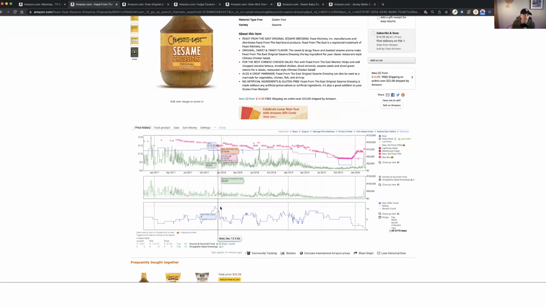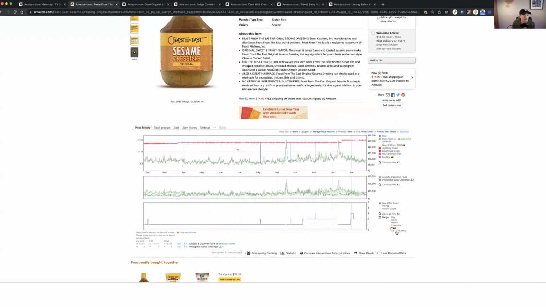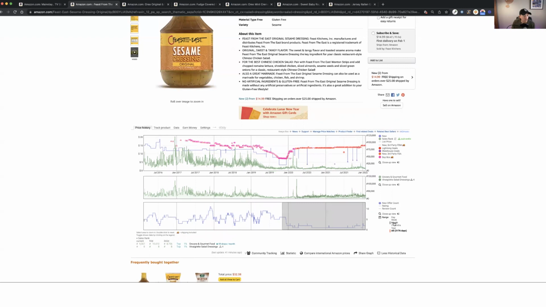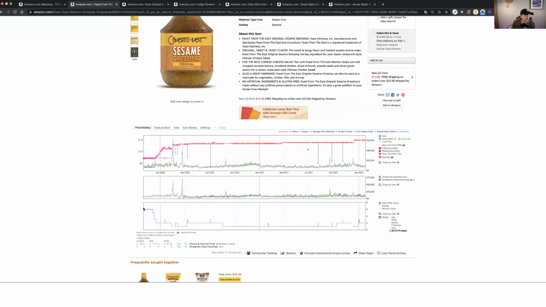So you can see back here, at the very beginning or the earlier stages of this product's life cycle, there were a bunch of different sellers and there were a bunch of different prices, and it would fluctuate pretty heavily because there were a lot of different sellers that were able to sell it. Well, over the last year or so, about a year and a half, you can see a bunch of sellers fell off of the listing,